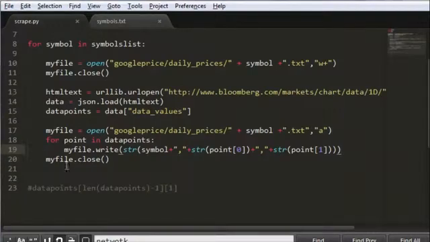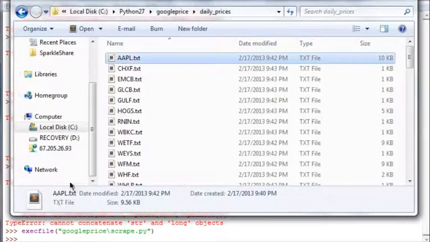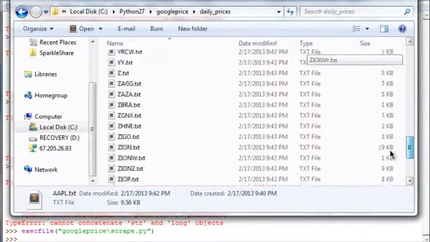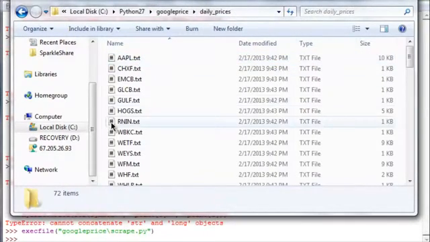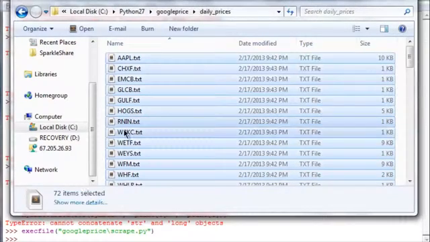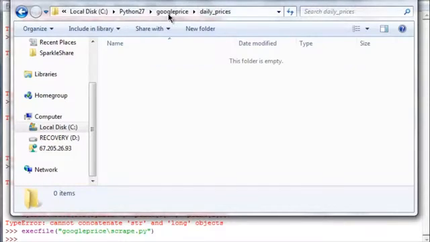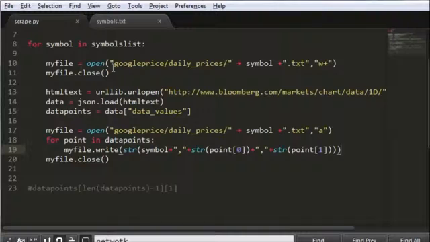Oh, actually, I see one error here. Oh, it looks like it's finished. So this directory is finished populating, and it's got quite a few files in it. So I'll just delete this. I'll delete the contents of here. Yes. So I've deleted all the files, and the problem is when we write this,